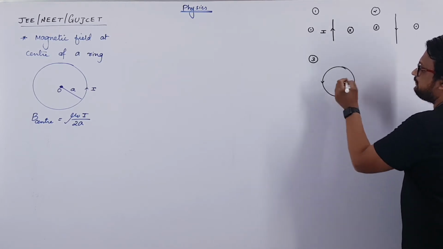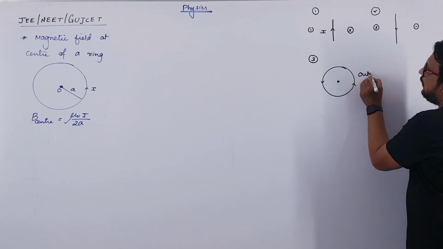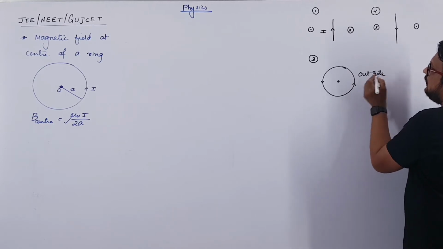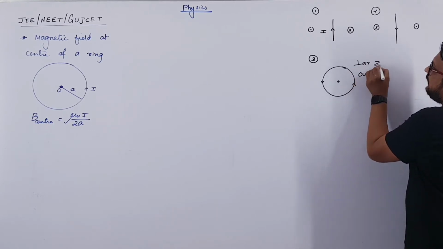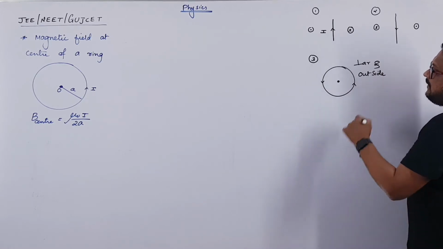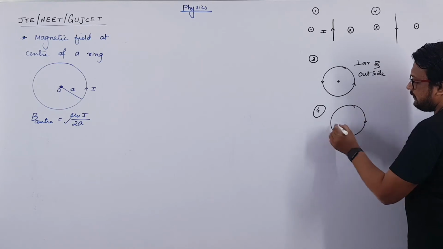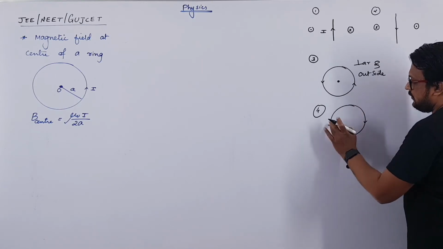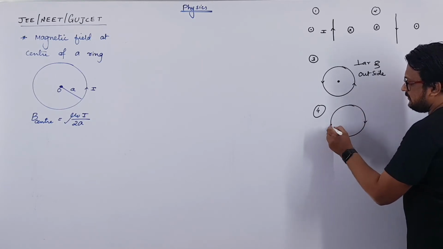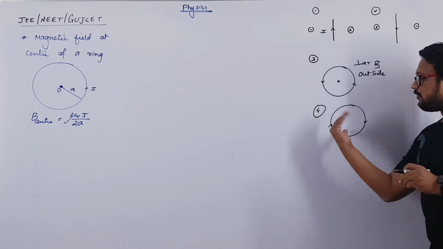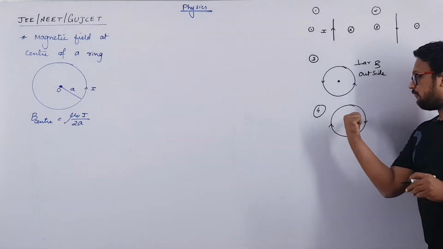coming out here, outside, right? Perpendicular and outside, right? But if current is flowing in clockwise direction, in that case you will rotate your finger like this, right? So thumb will be pointing inside